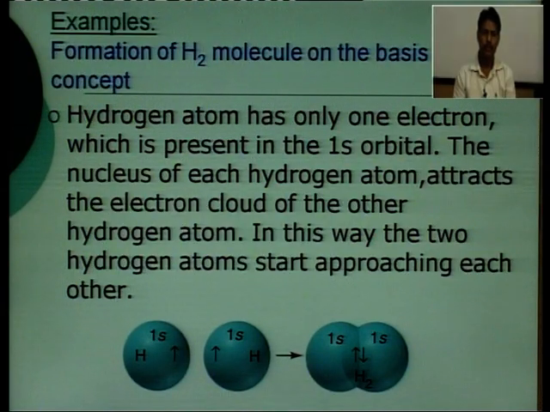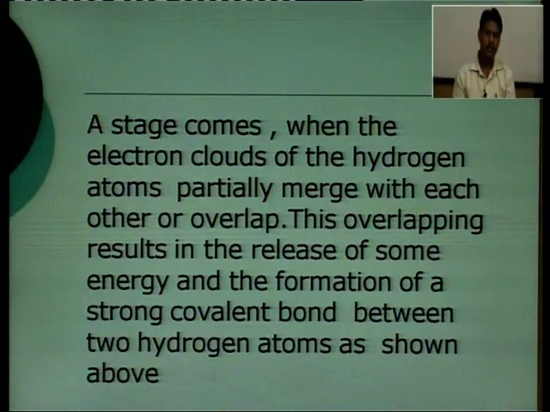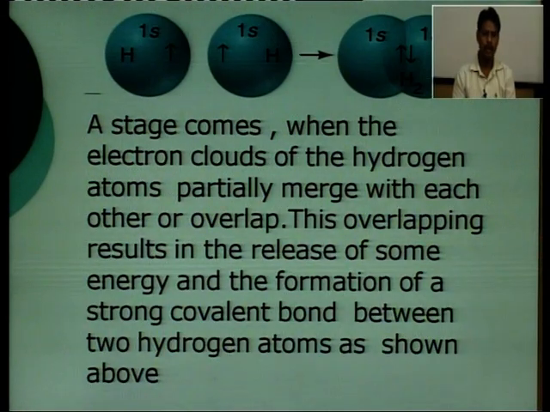So, formation of a covalent bond between two atoms of hydrogen. At first the hydrogen molecule was shown by sharing electrons, but here the hydrogen molecule is shown by the orbital concept. A stage comes when the electron clouds of the hydrogen atoms partially merge with each other or overlap. This overlapping results in the release of some energy and the formation of a strong covalent bond between two hydrogen atoms